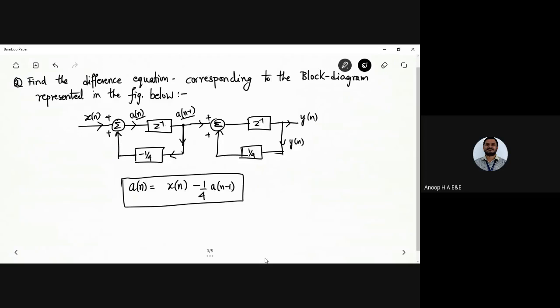Okay, so from here you are going to have the delayed block in the fashion like this, and you can write it as y of n, that would be equal to a of n minus 1 is here, this is here, so this is a of n minus 2 that you can write it. Okay, so y of n would be equal to a of n minus 2 plus 1 by 4 times y of n minus 1. Okay, you can write it like that. Okay, so a of n is equal to x of n minus 1 by 4 a of n minus 1. So you are going to